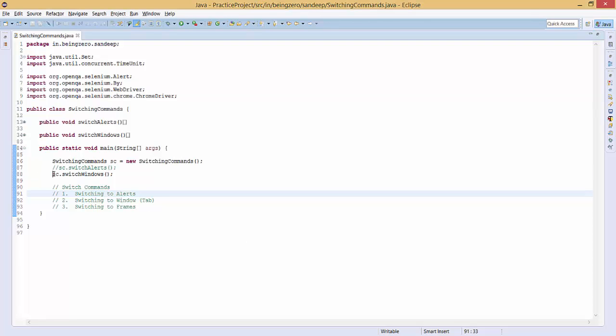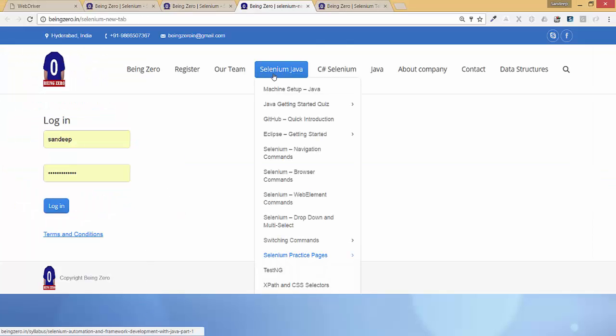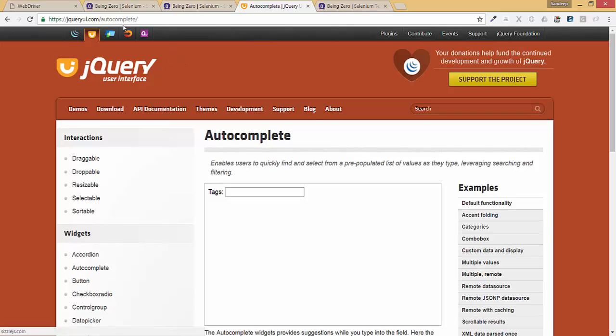Okay, now let's talk about the third type of switch commands, and that is switching to frames. For that, we will first begin with an exercise, and then we will see why the need for that arises. So we go to this switch frames. There is a link given here, and actually what we want to achieve through automation is we want to